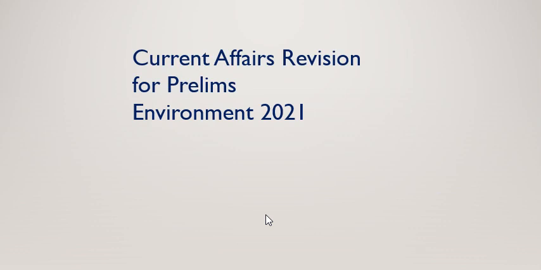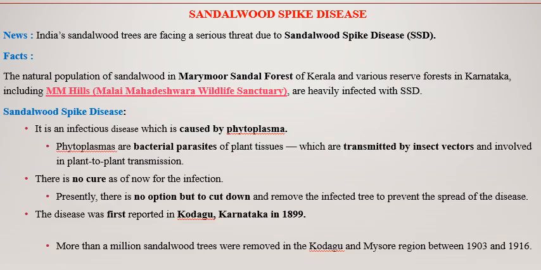Today we are going to revise current affairs for Prelims Environment 2021. The first topic is Sandalwood Spike disease. It was seen in forests of Kerala